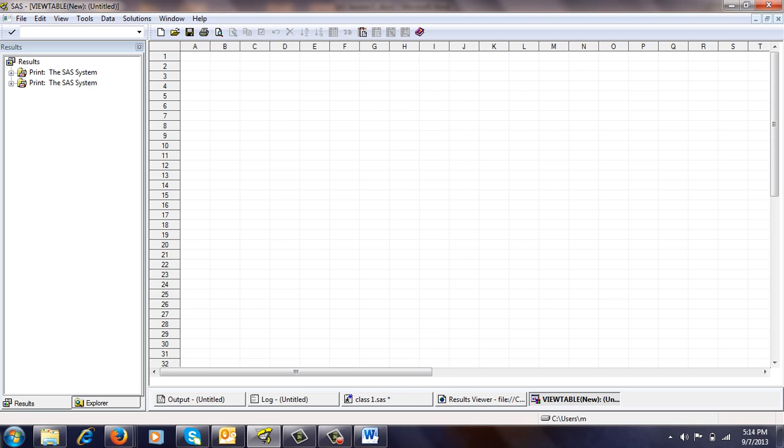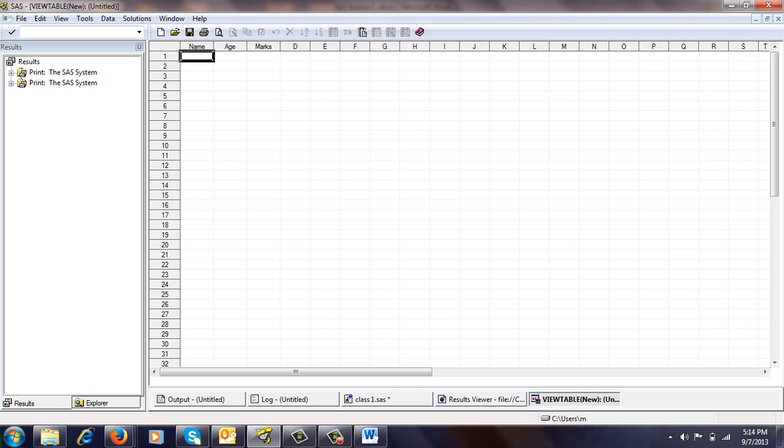Now suppose we have variables like name, age and marks. We click on this A and change it to name. For the B, we go for age. For C, we go for marks. We have assigned the variables name on the A, B, C.